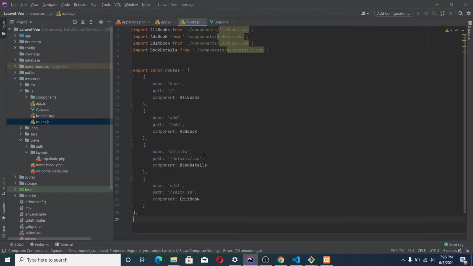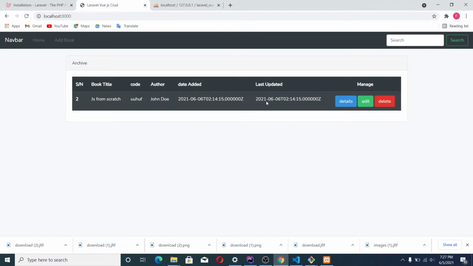So let me paste all what I did earlier here, so we don't have to watch me typing all of this. I'm going to explain all of this here. Okay, now it is going to import all the components we are going to be using in our app, because it needs to use them in this view. So this is where we are going to define all the routes. This is all our routes. We have one called home, and it's the slash taking us to all books. This component is going to be rendered in our home page, where you are going to see all the books.